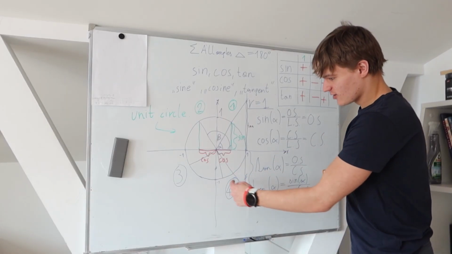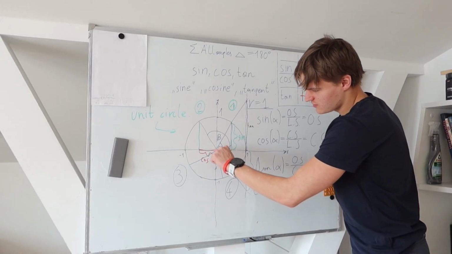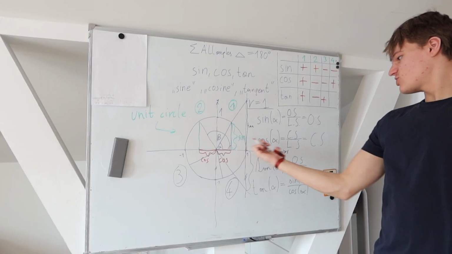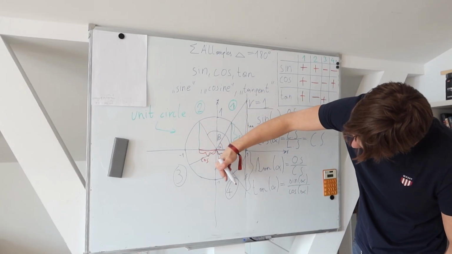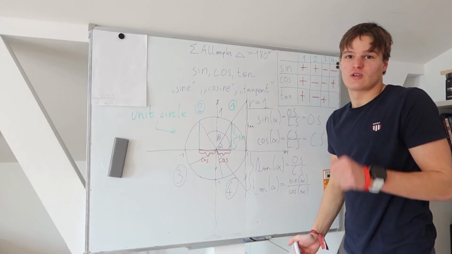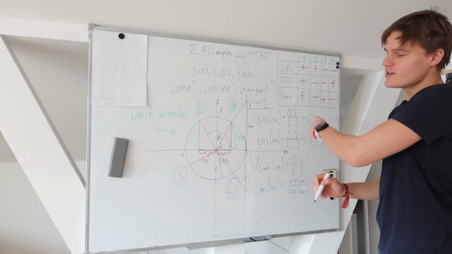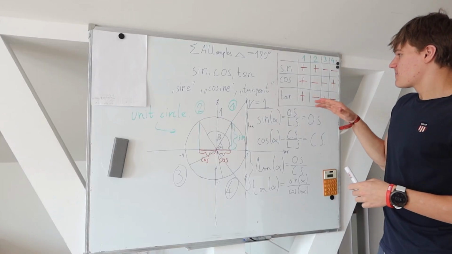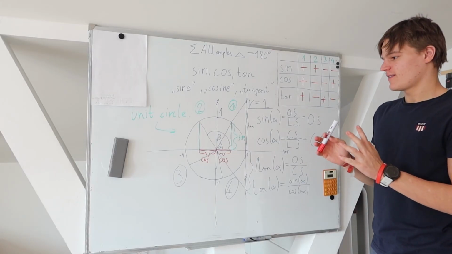And we have cosine. Look at this, guys. Cosine is this length right here, or this length, doesn't matter. And so we have that positive again because it's pointing towards the positive direction. And now we have the tangent again. We make this line longer, longer, longer. Somewhere down there they intersect. We don't care. We just want to know whether it's positive or negative. Negative. And this table right here is very important because you get an overview of which function